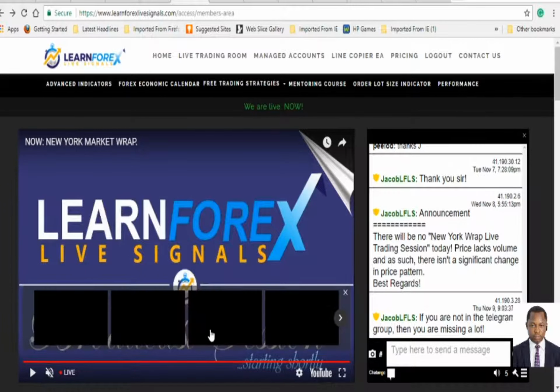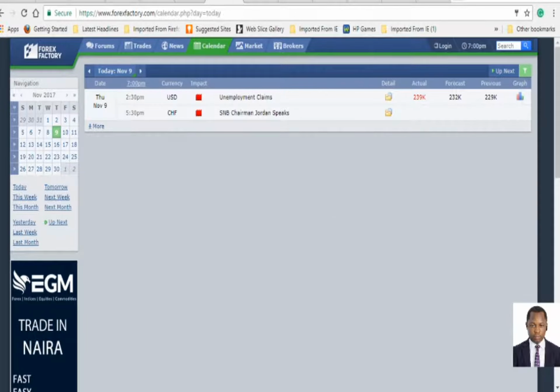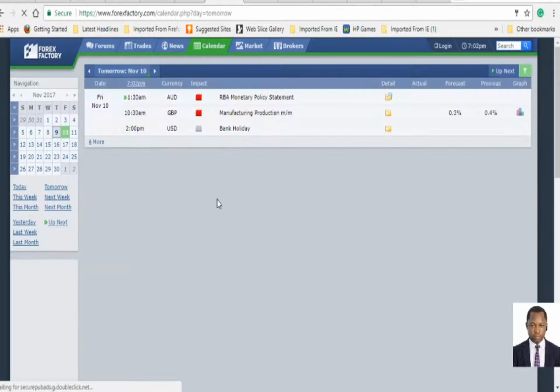All right, let's now look into the Forex Factory economic calendar to see those high impact news events that we are expecting for tomorrow. Those events for today are now over. We had two events here, with one from the Swiss franc being a speech. That's now over. So let's now look into tomorrow's events. So click on tomorrow. Let's see those red news items that we are expecting for tomorrow.